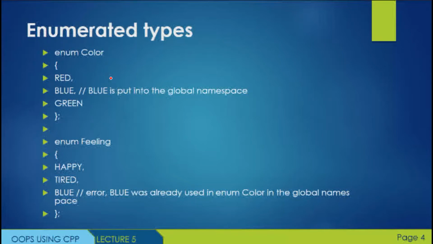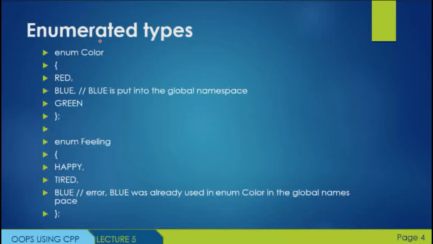Providing a name for an enumeration is optional, right? I have given a name, color. It is optional. Enums without a name are sometimes called anonymous enums. Enumeration names are often named starting with a capital letter. Enumerators are typically named using all capital letters, right? Because enumerators are placed in the same namespace as the enumeration, an enumerator name can't be used in multiple enumerations within the same namespace.